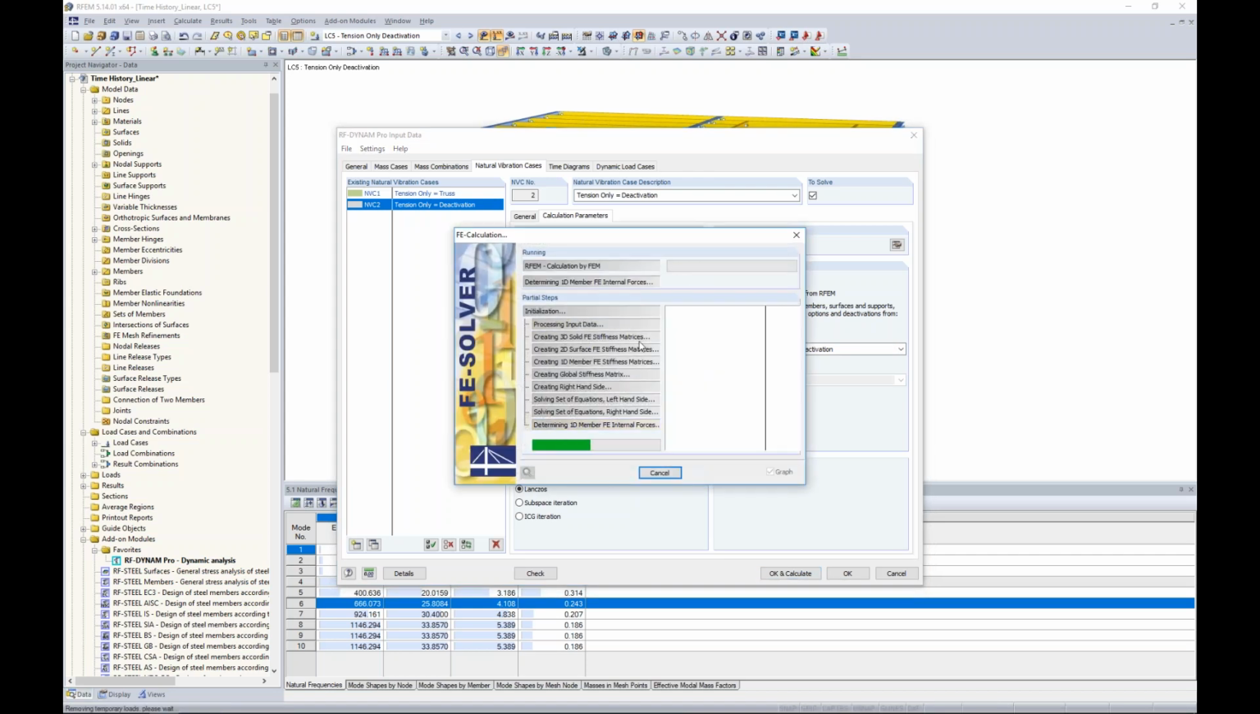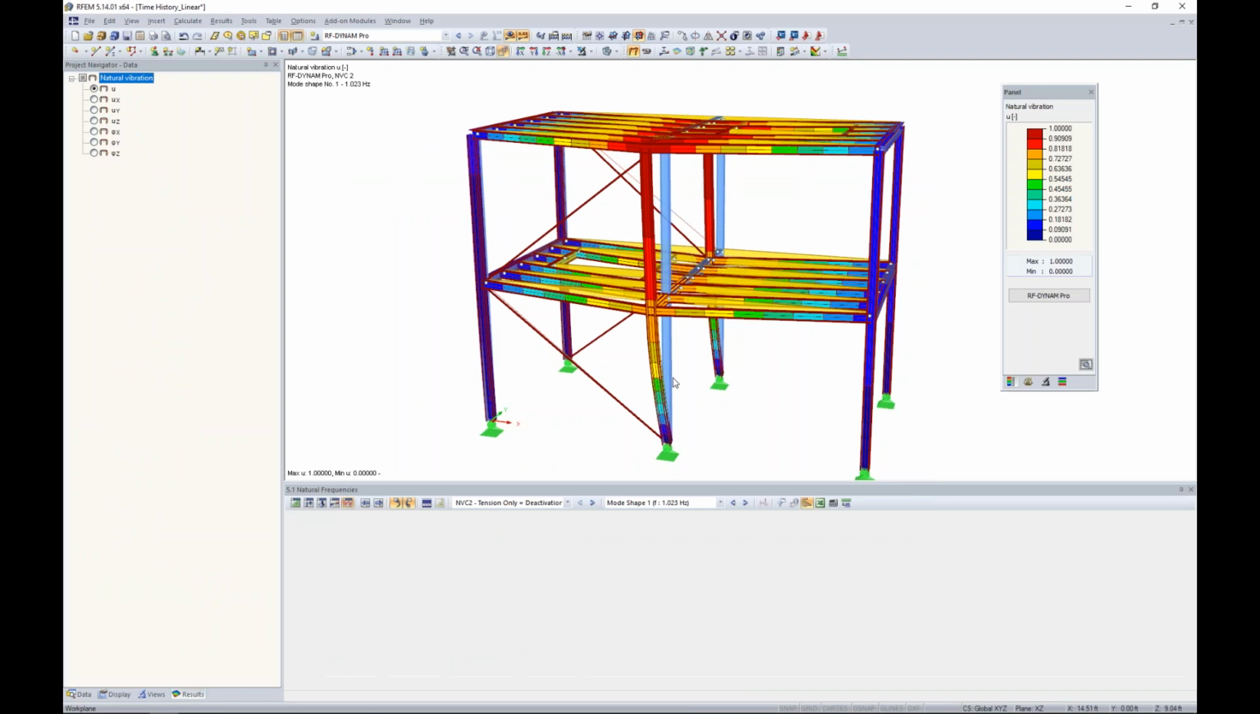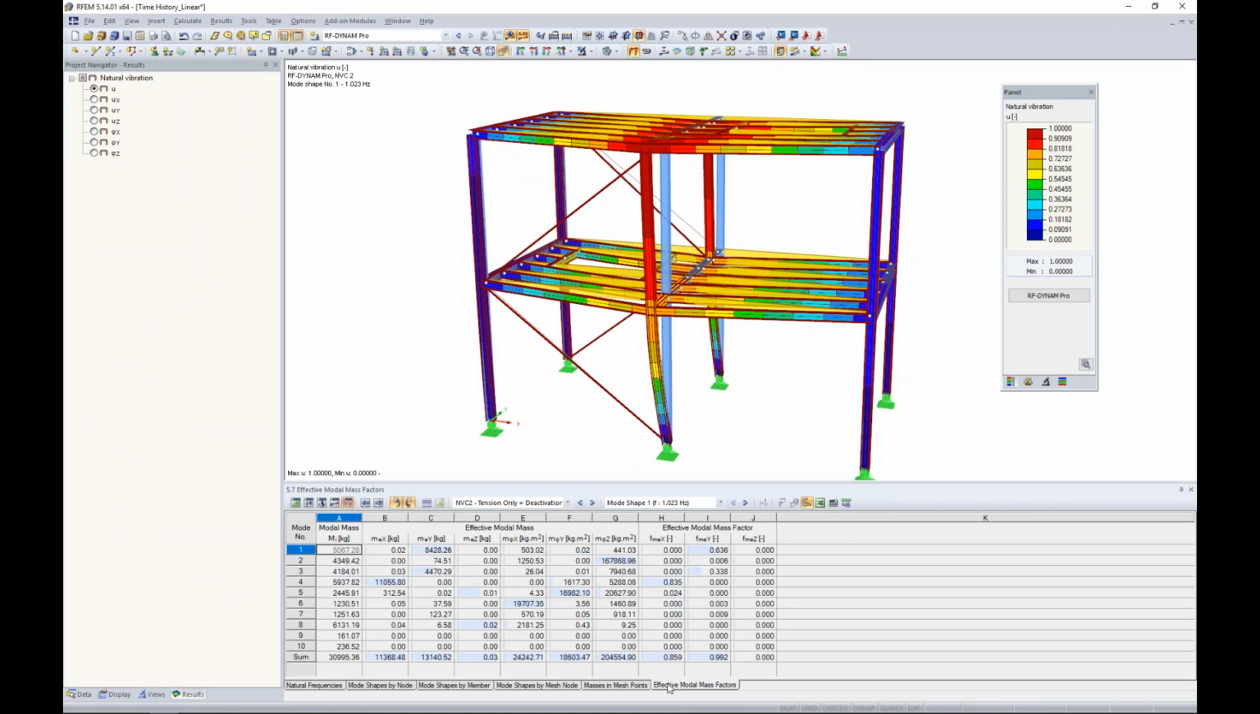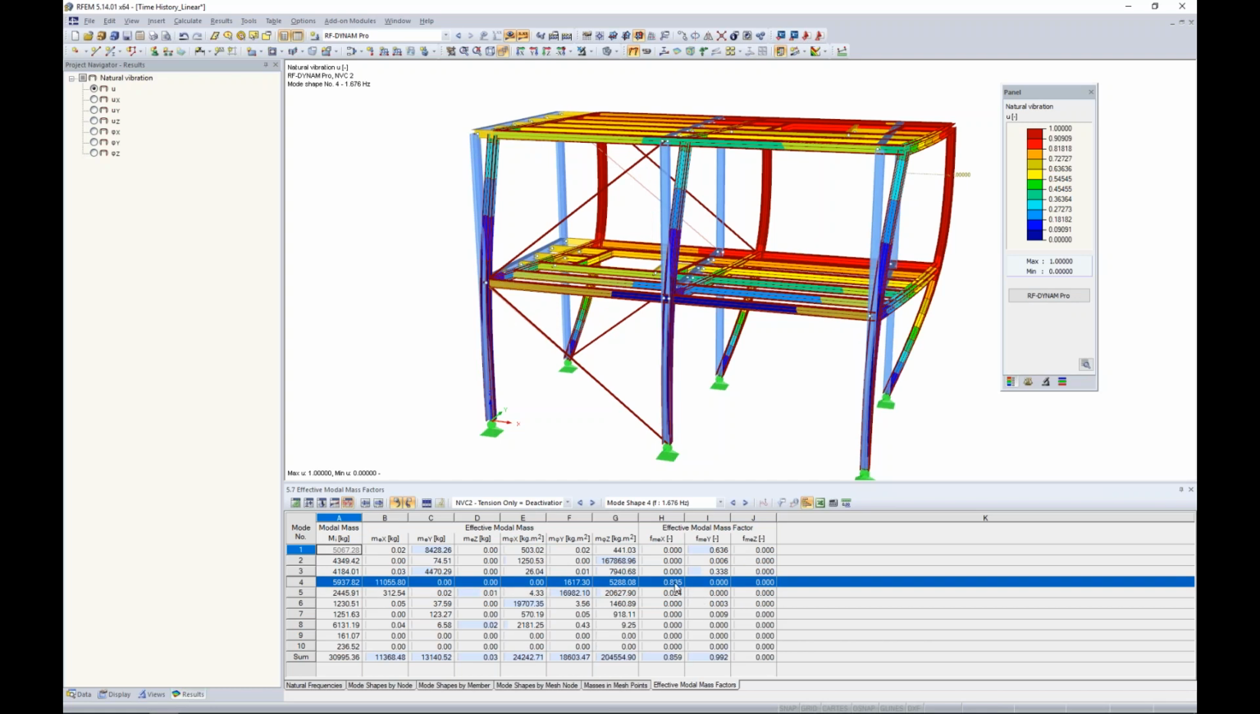We'll take a look here at our natural vibration cases for this second load case. Let's take a look here at our drop-down. Natural vibration case 2 is now available, and I'm going to jump to the effective modal mass factors. Mode shape number 1 still remains our dominant mode shape in the Y direction. That's great. I didn't make any changes in the Y direction, so I wouldn't anticipate that that dominant mode shape would change whatsoever. But if I continue on down my table, well, now it looks like mode shape number 4